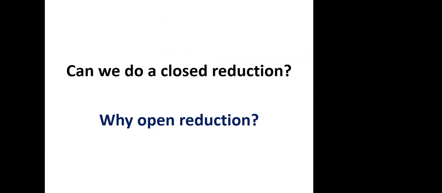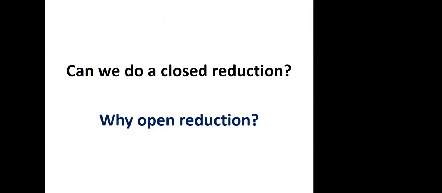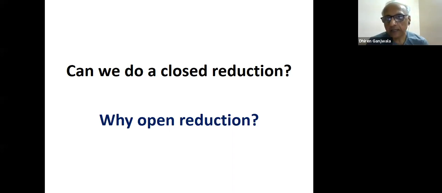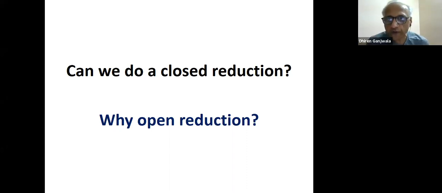Because of the soft tissue in the acetabulum, it prevents the closed reduction. I didn't get you. Yeah, it's capsular contracture. Because of the long duration of the dislocation, soft tissue will develop in the true acetabulum. Yes, so there is capsular contracture which will prevent a closed reduction. So we have to remove that tissue from the acetabulum and release the capsule. Okay, so that is in favor of open reduction.